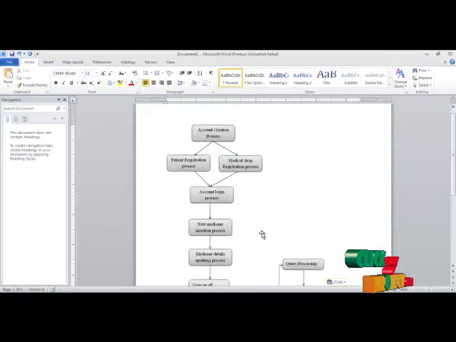This is the DFD of our process. First, the user, who may be a patient or a small medical shop, should create an account for security purposes. After the account creation, only using the password generated during account creation can he or she enter into the process. After that, you log into the process.